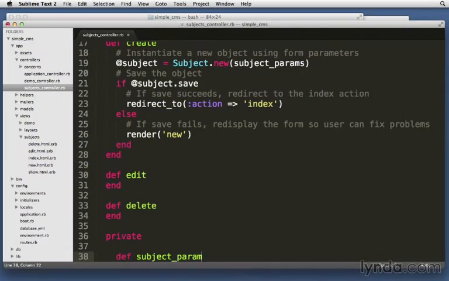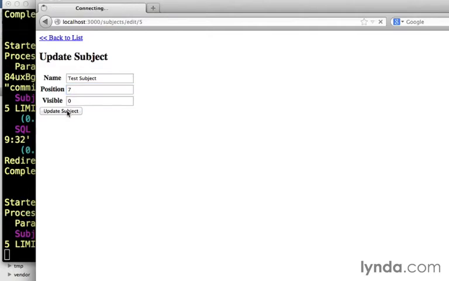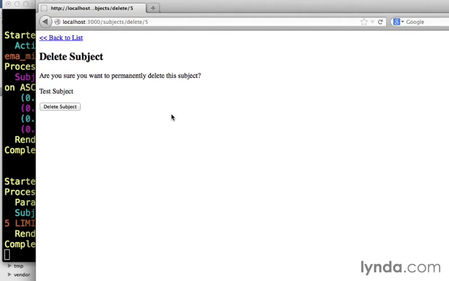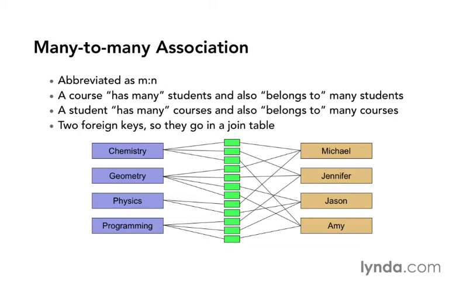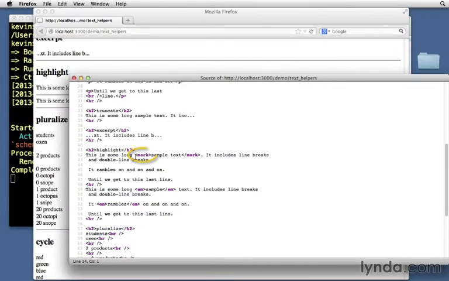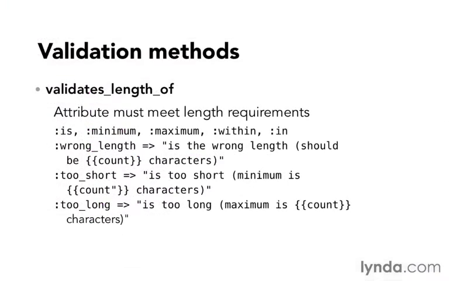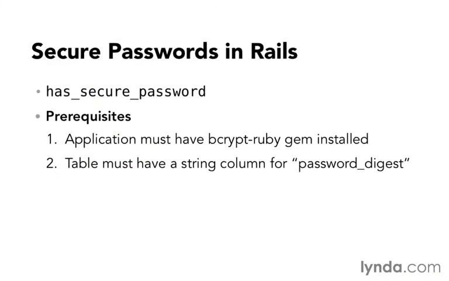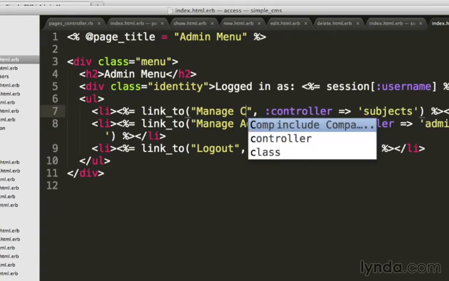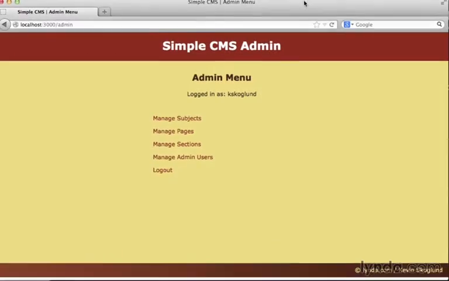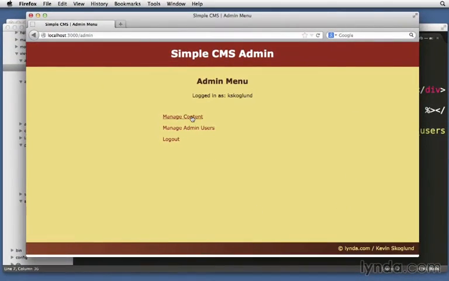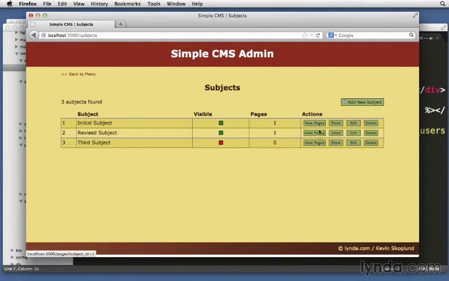We will walk through the steps that go into creating, reading, updating, and deleting database records. We will discover how to work with relational database associations effectively. We will learn about Rails built-in helpers, form validations, and security protections. And throughout the process, we will gain practical, hands-on experience by building a complete Ruby on Rails application, a content